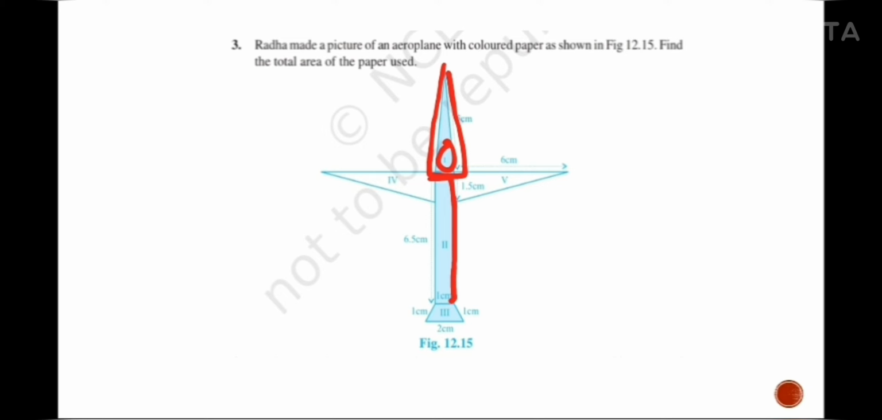To find the area of this part, you can easily use Heron's formula, where a is equal to 5, b is equal to 5, c is equal to 1. Find half of the perimeter, it will be 5.5. Put it in the formula of the area of a triangle. Now if you do the calculation, if you put the decimal value of root under 11 up to 3 decimal places, it will be